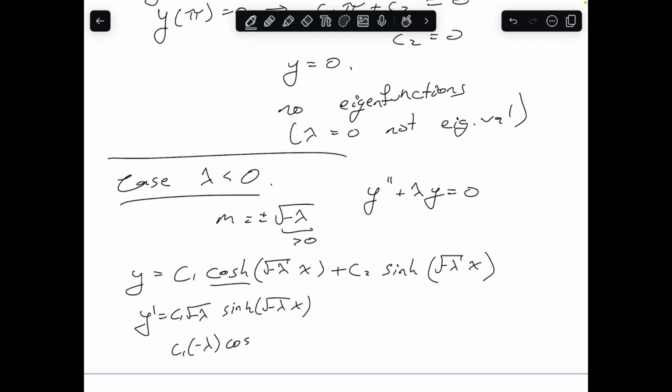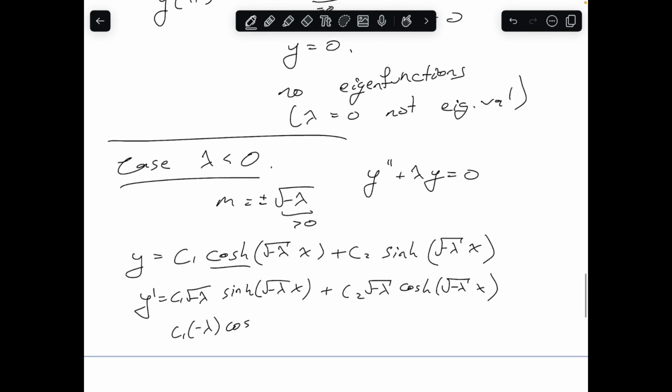Derivative of cosh is sinh, and then the derivative of sinh is cosh. So this one over here would be square root negative lambda times cosh of square root negative lambda x. I'm kind of rambling here, apologize, but if you keep taking these derivatives or whatever,